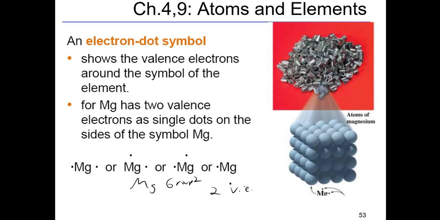Now, because it's the valence electrons that determine what type of reactions occur, we tend to focus on those the most and ignore the core. So for magnesium, rather than drawing the complete Bohr model,